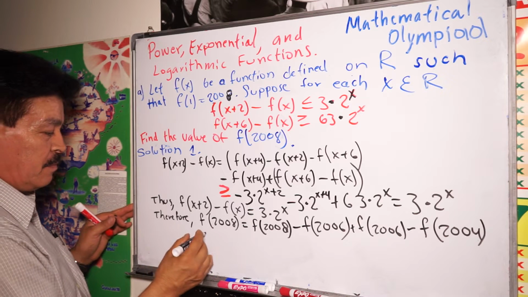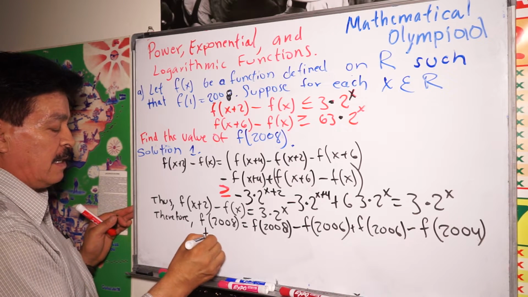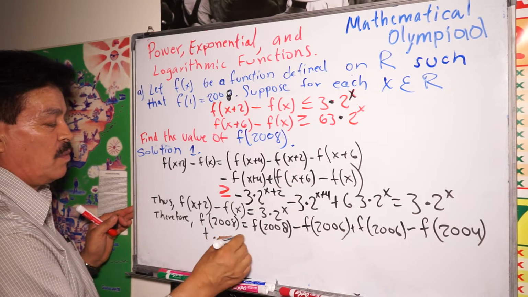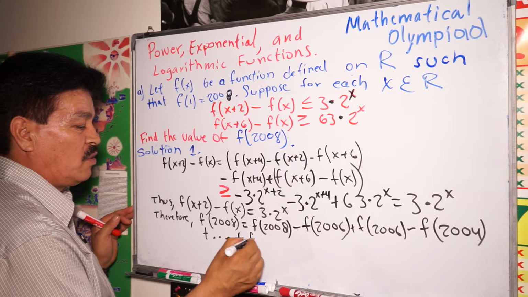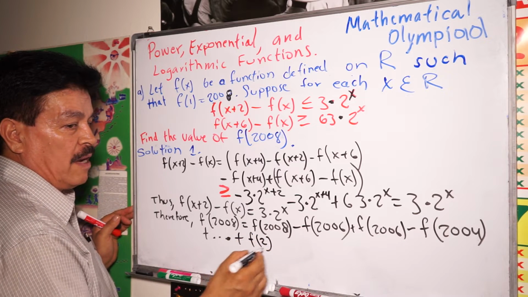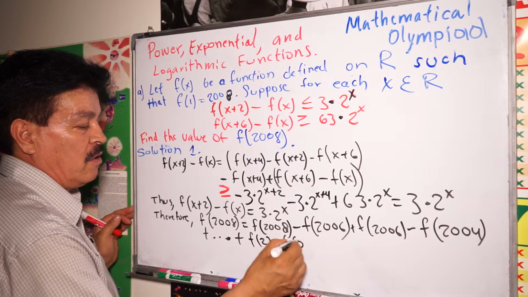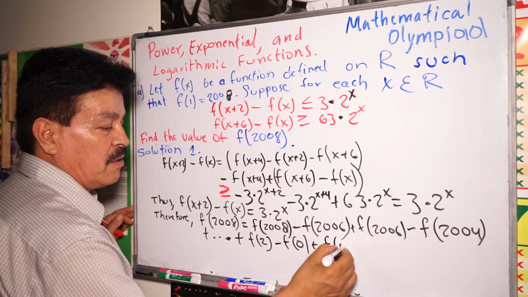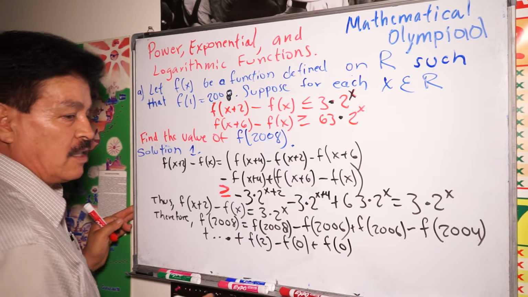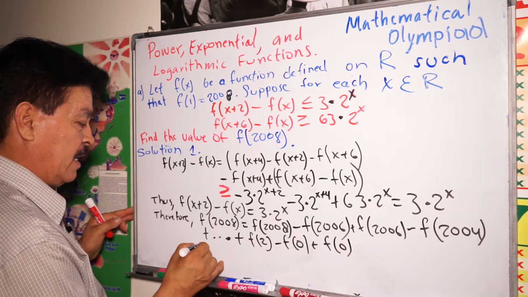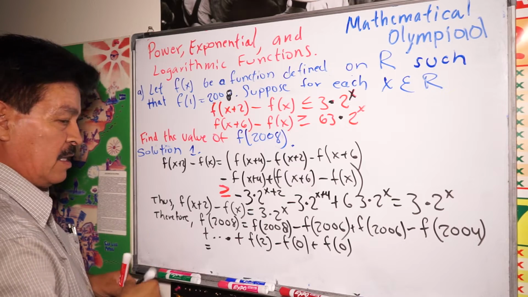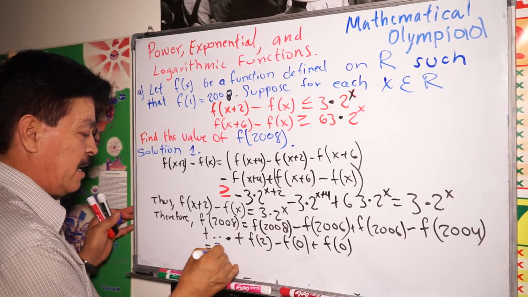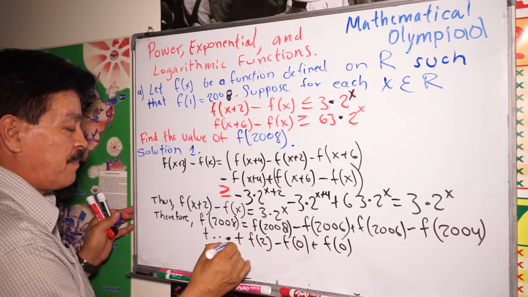Here as a plus, so on, we continue like that. It means we continue until f(2) minus f(0) plus f(0), minus and plus, so equals, let me use another color because it may be confusing,